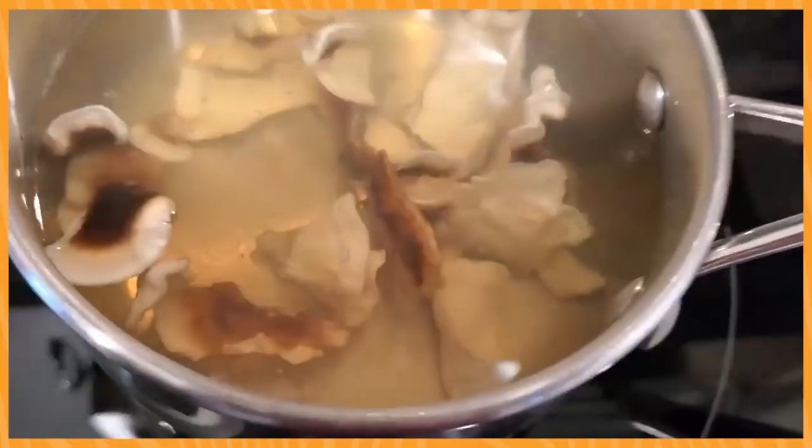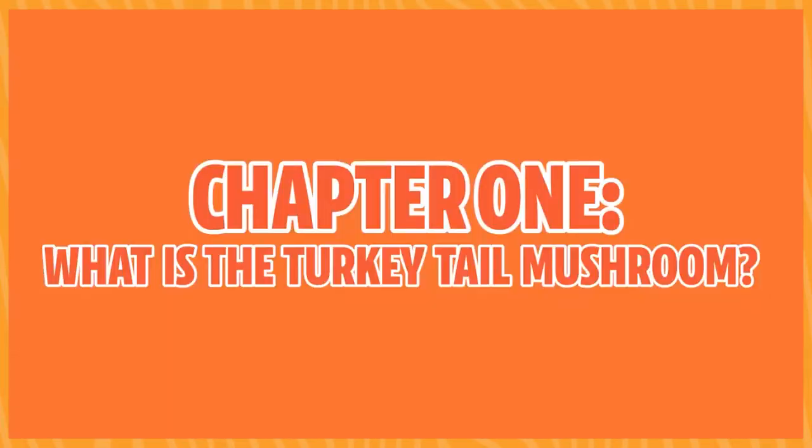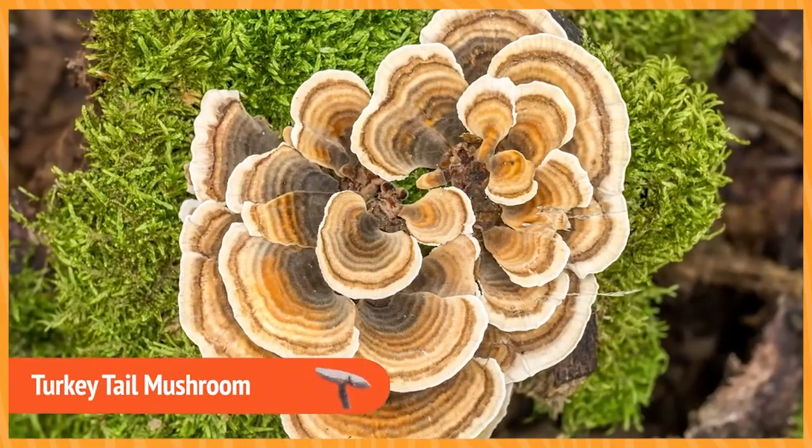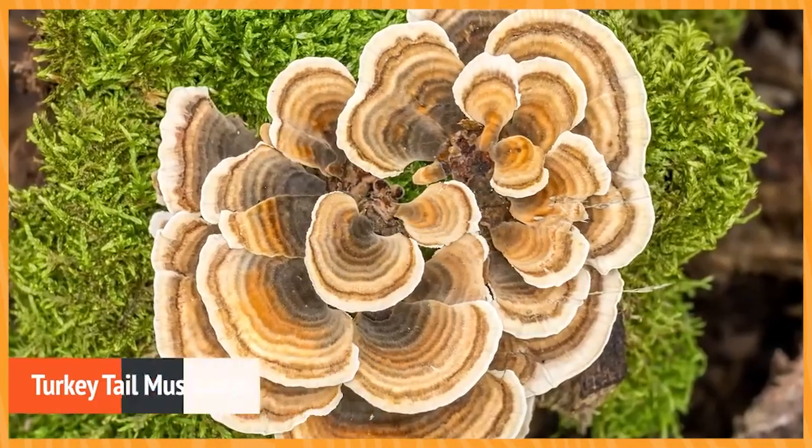There's quite a bit of science to support turkey tail's benefits. In fact, turkey tail is one of the most researched mushrooms in the world. But before we don our lab coats and really dig into it, let's first go over what a turkey tail mushroom even is. Turkey tail is the common name for a relatively common mushroom that's a bracket fungus, grows on